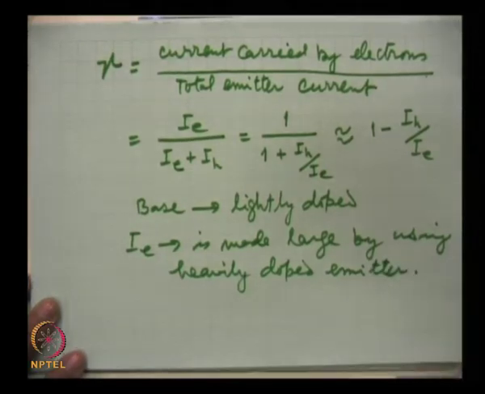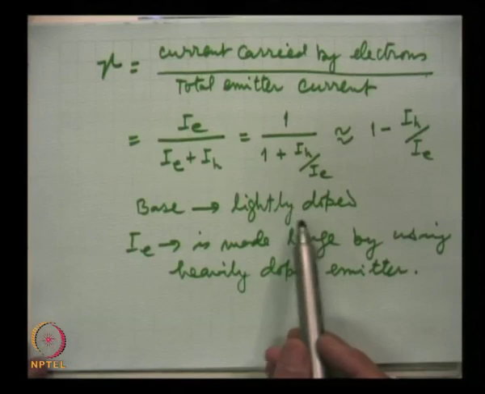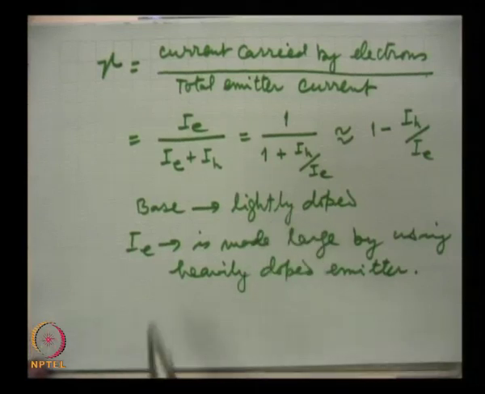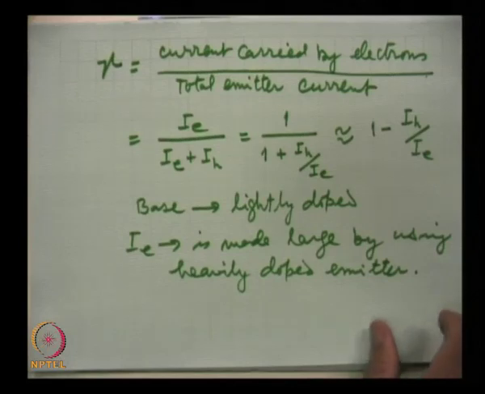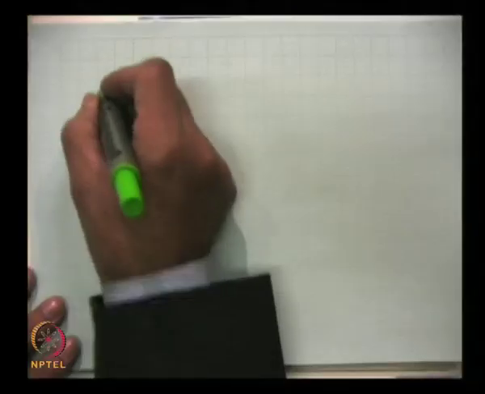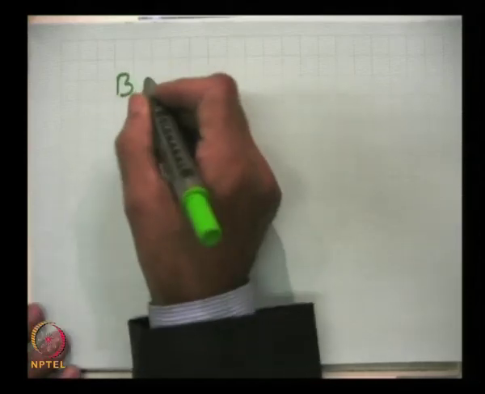Now, I am sure you are realizing what was made as a statement earlier. If you remember the first lecture and second lecture, then these points were just stated and it was said that later on things will become clear. So, I am sure now you realize why the base was kept lightly doped, and the emitter very heavily doped. Similarly, the other parameter, that is the base transport factor B,